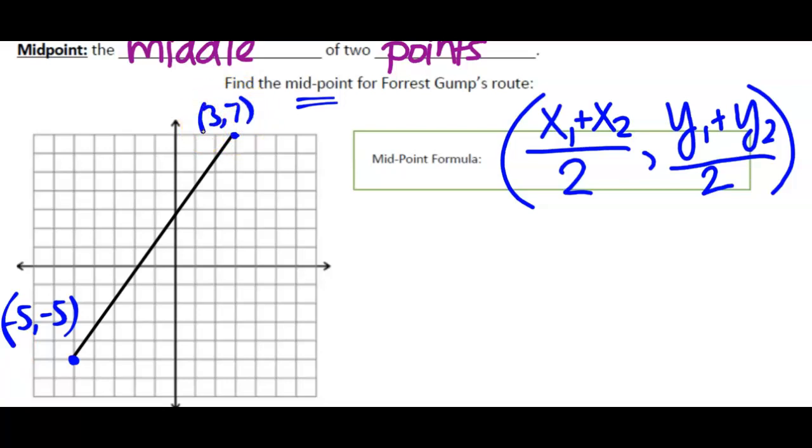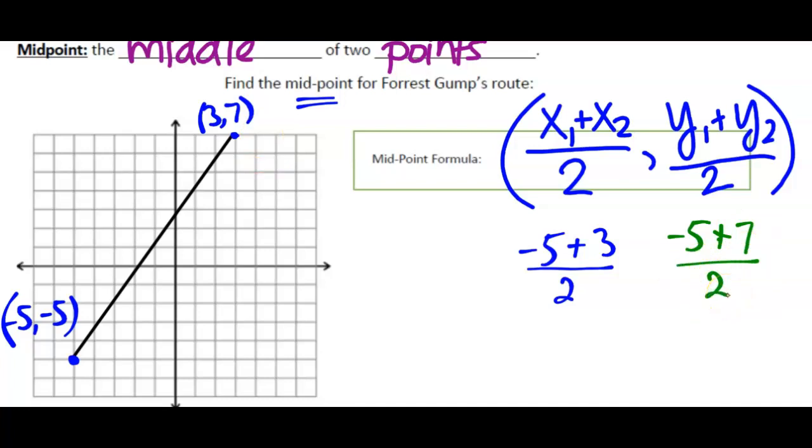So what's going to go here in this x1? Well, it doesn't matter. We'll use the -5. -5 plus 3 over 2. That's my x value. My y value is going to be -5 plus 7